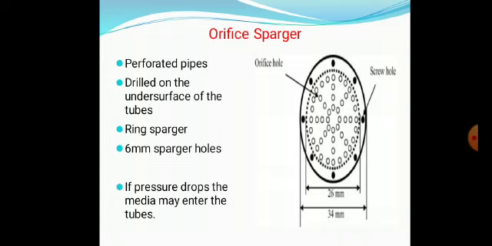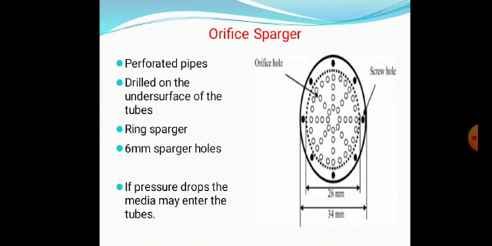In that ring you can see there are small holes in a circular fashion. Around 8 holes in 4 circles, so almost 32 holes are there. And you can see at the outer edge there is a screw hole. With that screw they will tighten it to the pipe, facing the underside of the pipe, and through these holes the air will be supplied into the fermenter. The hole size also is standardized, 6 mm holes, and the ring size also is standardized: 26 attached to a 34 pipe. So this is the standard property of the orifice sparger.